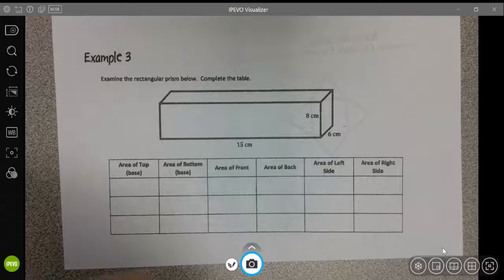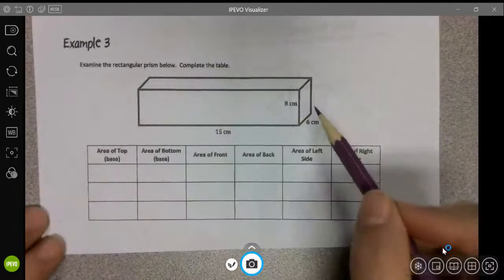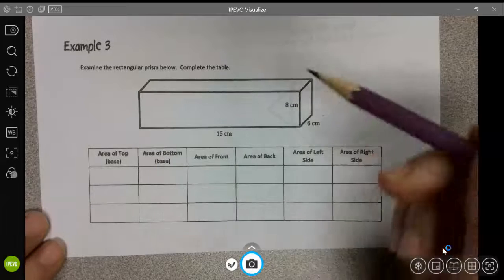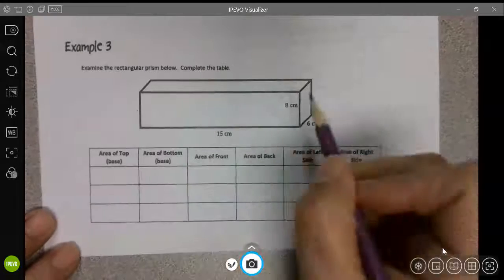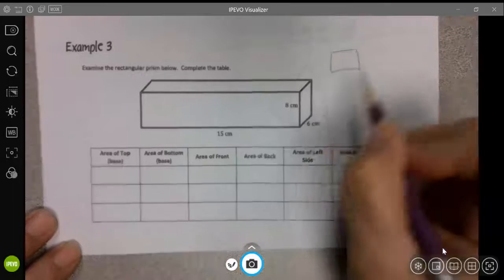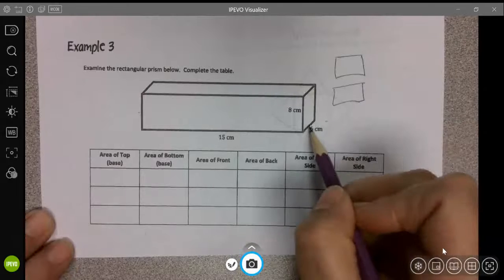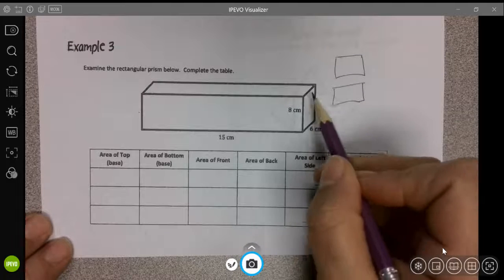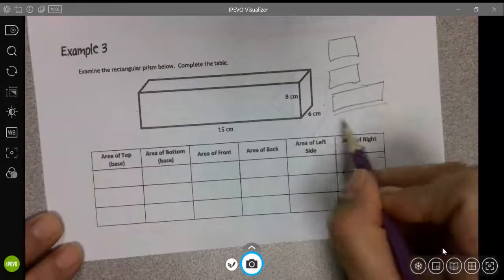I break the 3D shape apart and not even into a net. I'm not trying to figure out where things go. I am looking at what shape are my bases, how many bases I have, what shapes are my sides. So I see that my bases are rectangles, or quadrilaterals, and a quadrilateral has 4 sides, so I know,